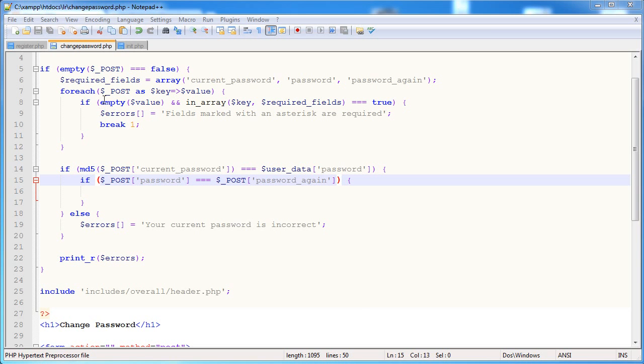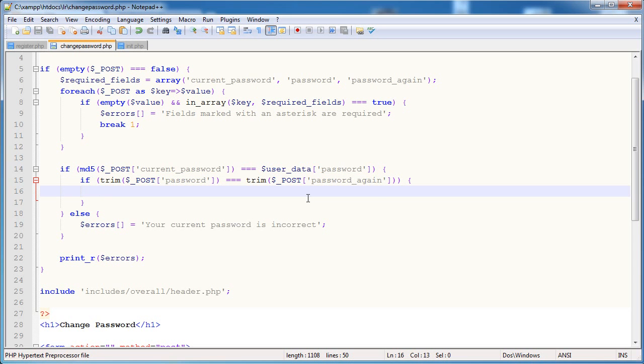And you'll see that we've used empty here to check empty values. Empty is great because it takes into account any white space as something being empty, but here we need to be a bit more careful. So I'm going to say if trim password is equal to trim password, and what trim does is it just removes white space from the left and the right hand side. We do have ltrim and rtrim, but I'm just going to be using trim. So if the trimmed password, i.e. a password with any extra white space on the left or right hand side, is equal to the password again, or is not equal to the password again,